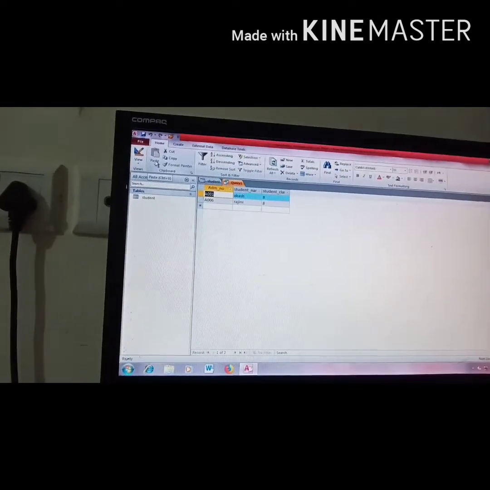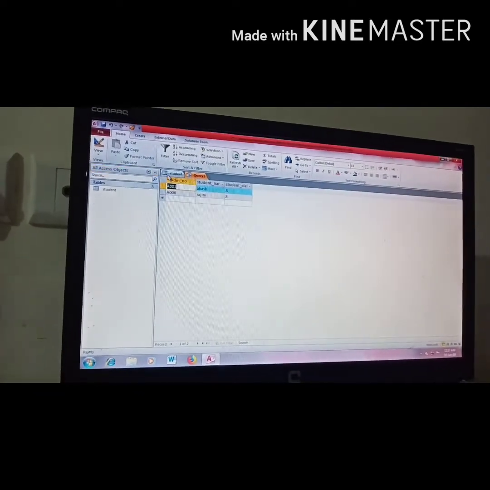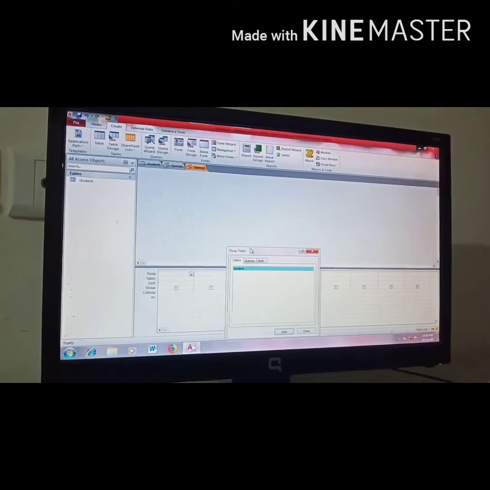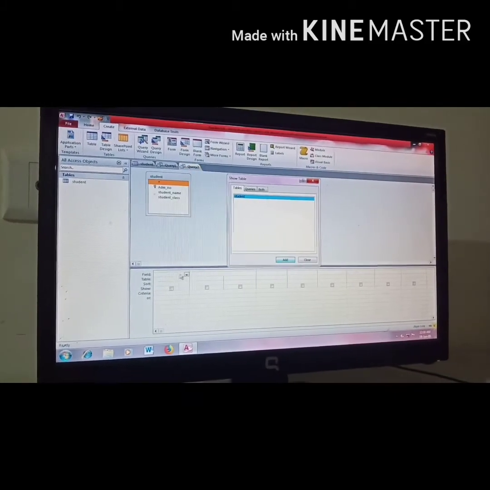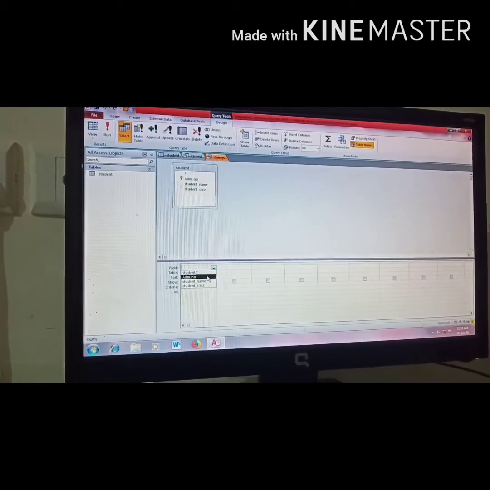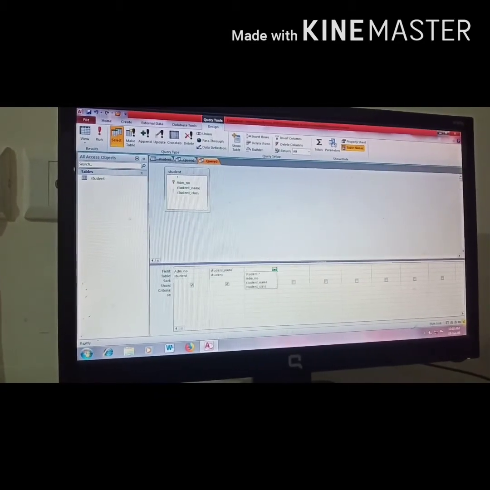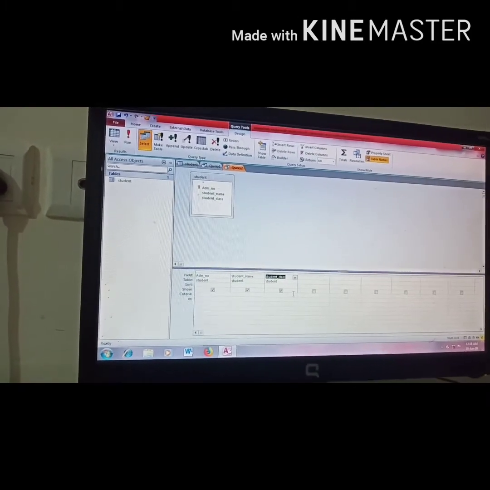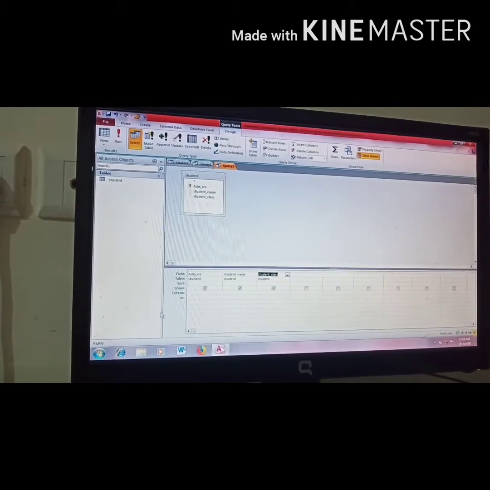Suppose I create a next query, again I have to go to query design. Again I have to add a table, then add fields. Now the query is, I want the name of the student with admission number 2.